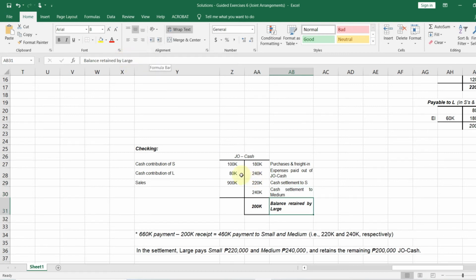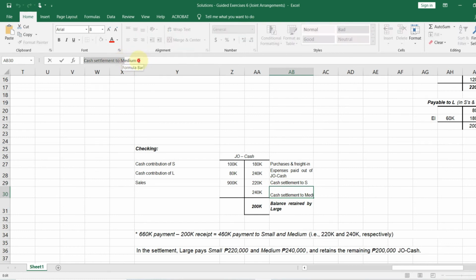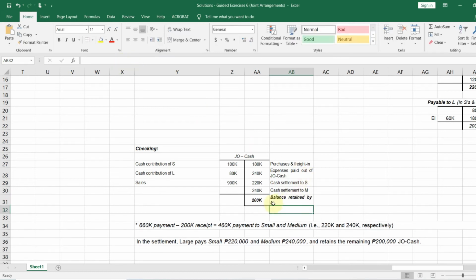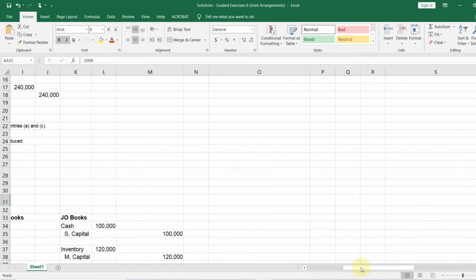Okay? And then, sige, gawin na natin small, medium, large na lang siya. Kasi mas ine-edit ko pa. Anyway, so yan. So, ang balance na i-retain niya lang talaga is 200,000. Okay? So, tama yung ginawa natin kanina. Okay, let's go to